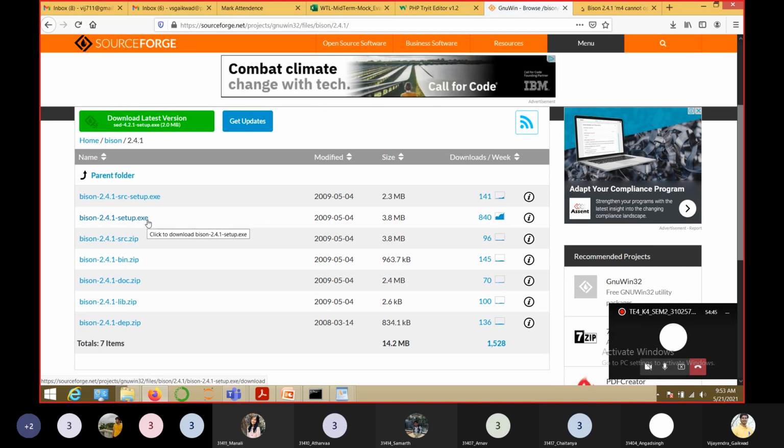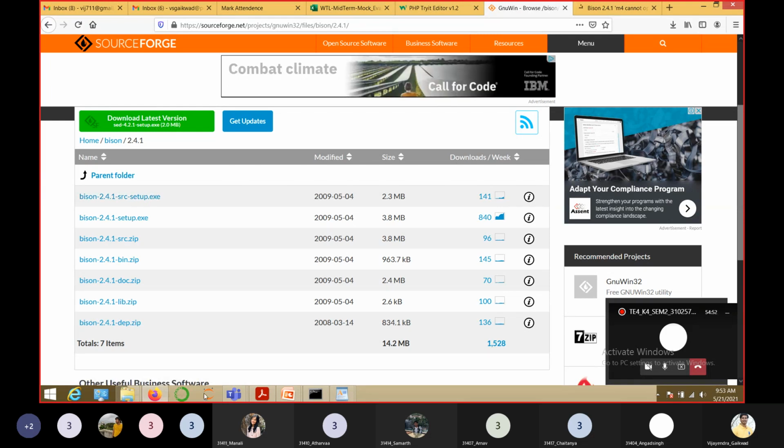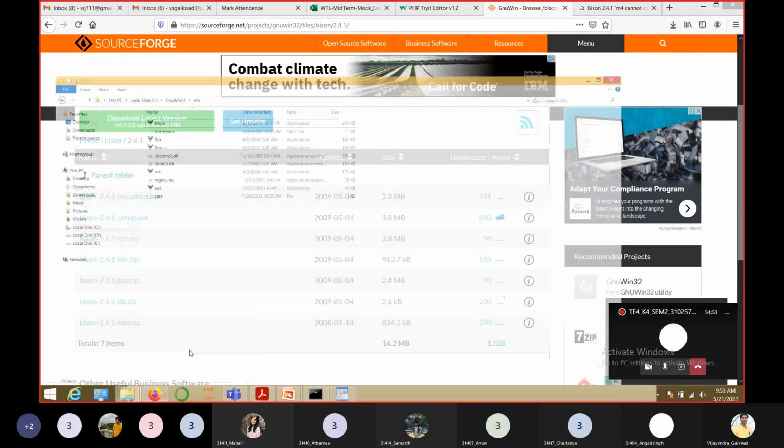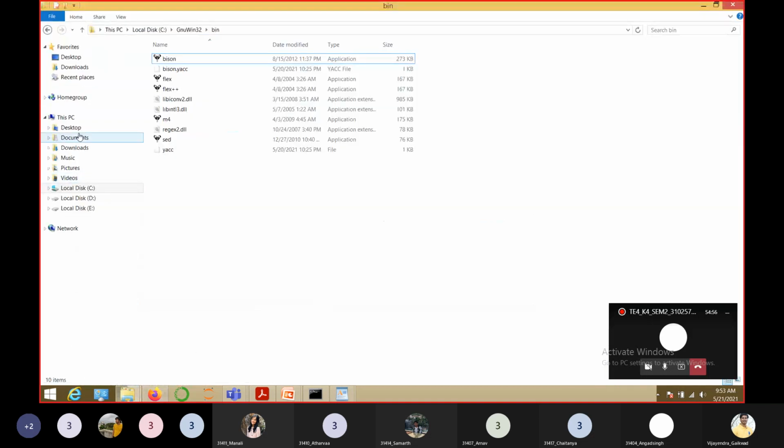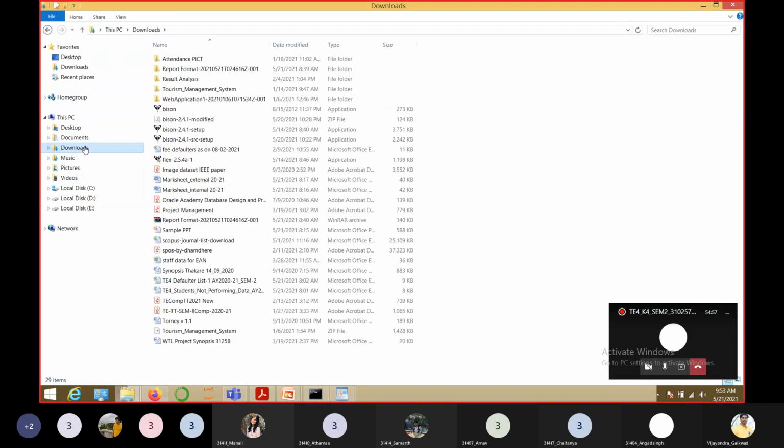Now for the Yak program, you will also require the previous setup. Just double click on it and save the file. I've saved it over here. Then run the setup as usual.